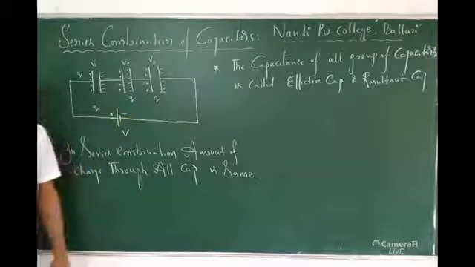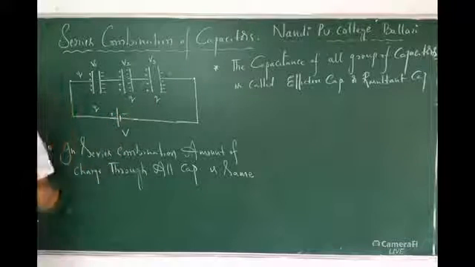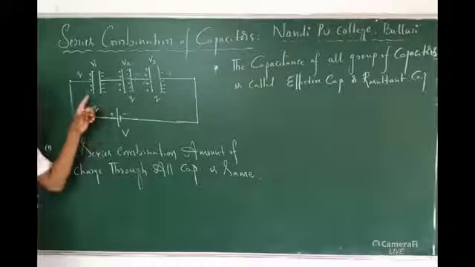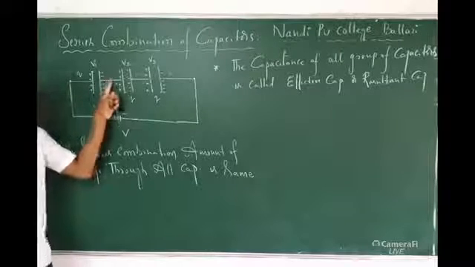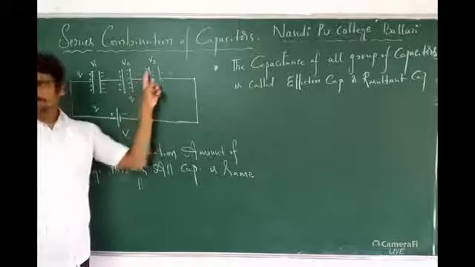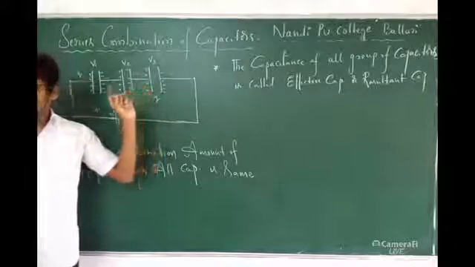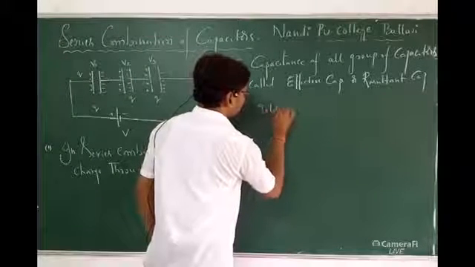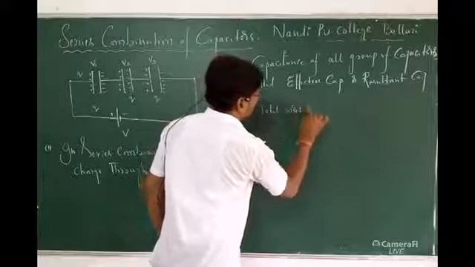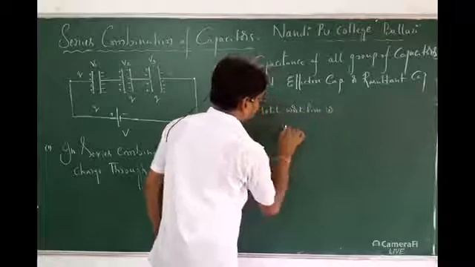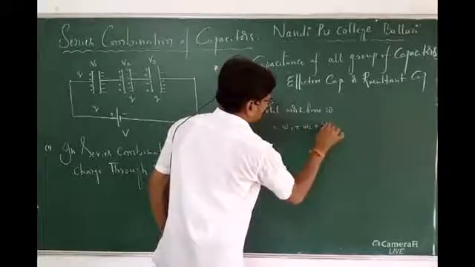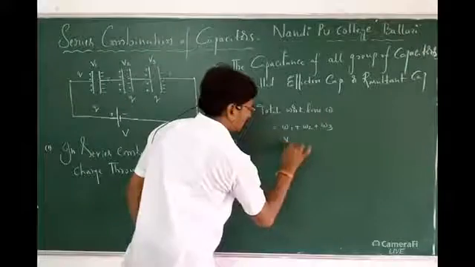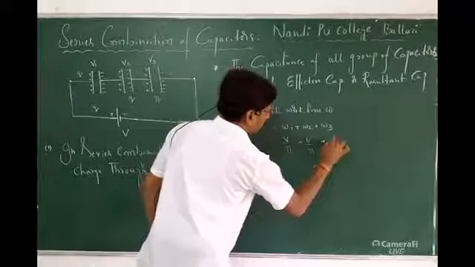Charge, everything is the same. But to complete the circuit, what will happen? We need to overcome this capacitor, this capacitor, and this capacitor. Total how many capacitors do I have? 3 capacitors. 3 capacitors means what is the total work done? Total work done is W, that is W1 plus W2 plus W3. Correct? 3 capacitors, so 3 works. W means what formula? V by Q plus V by Q plus V by Q.